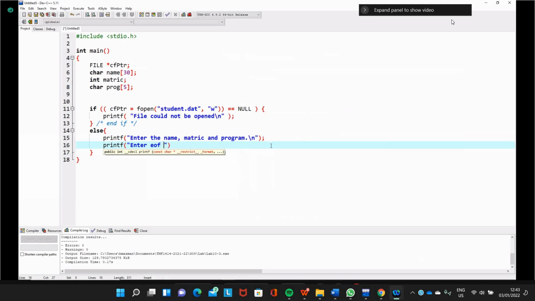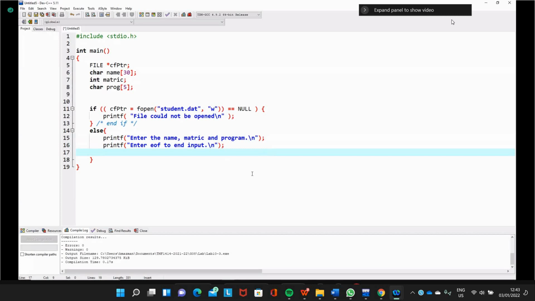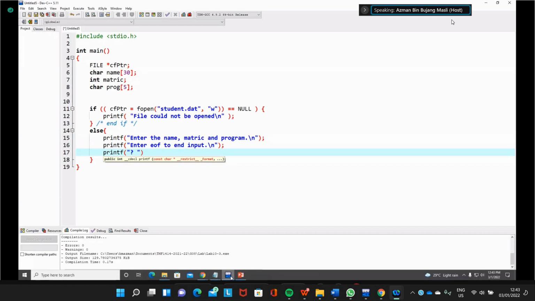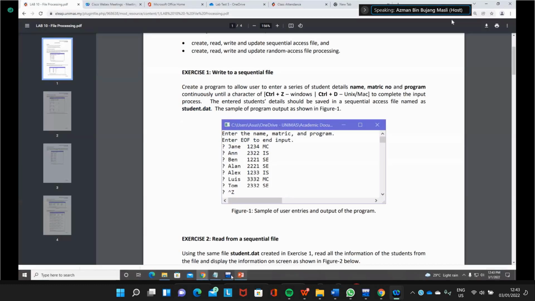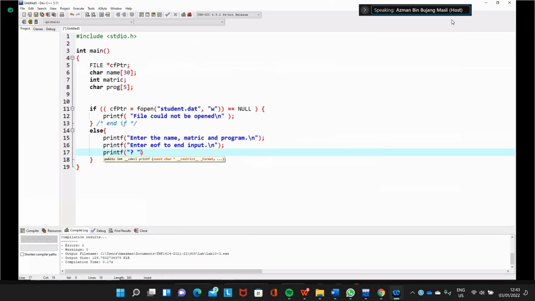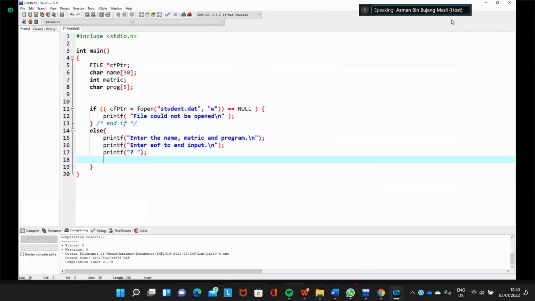And then we printf a question mark so the user can enter input at the question mark. And then we can just scanf, get it from the user.